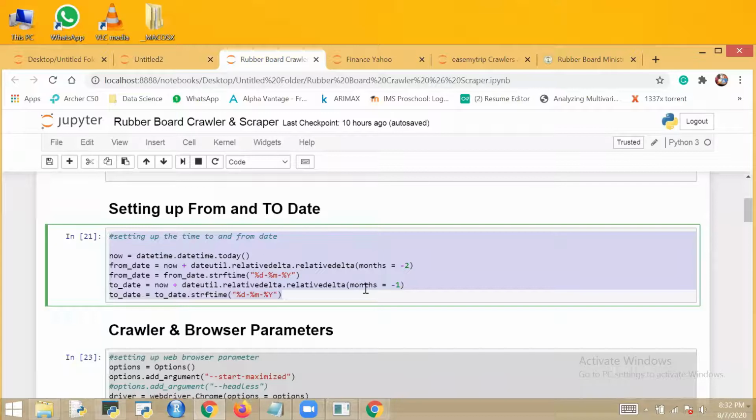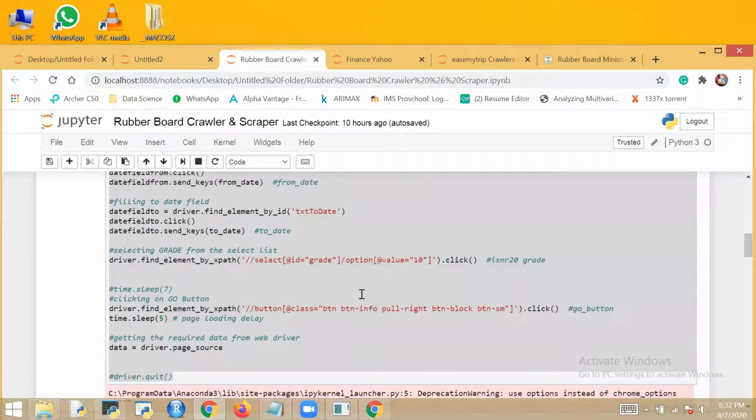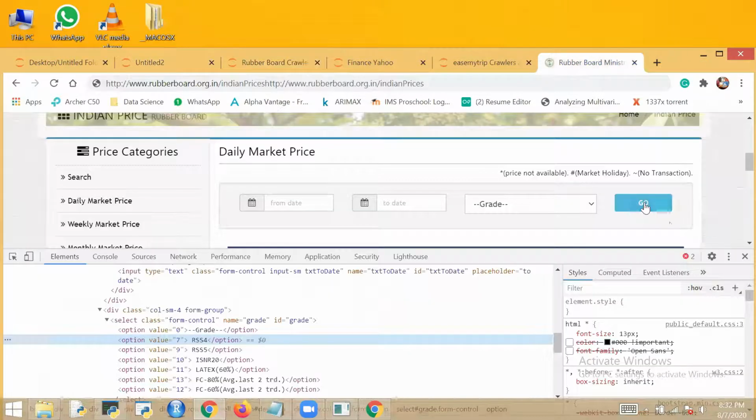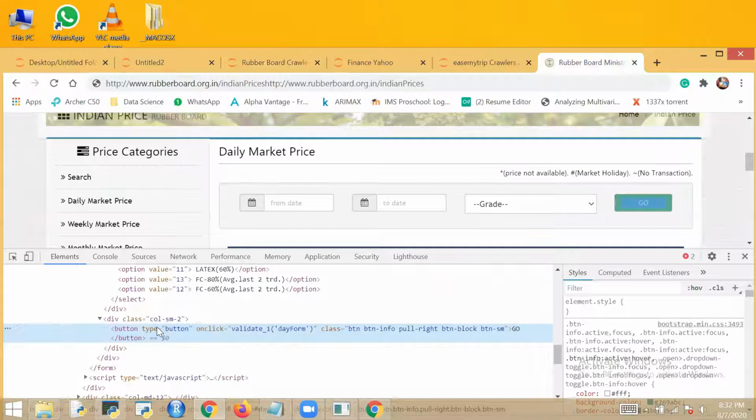Now what is next? To click on the submit button. I'll go and inspect this. I will copy its XPath.